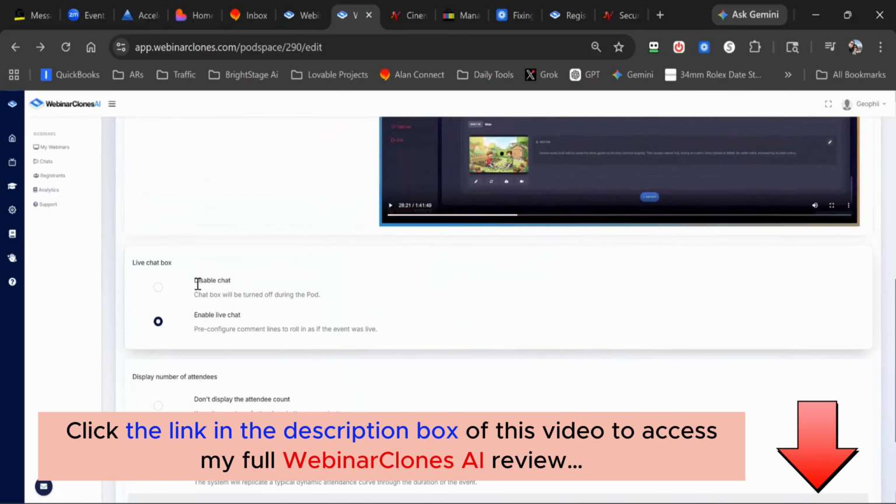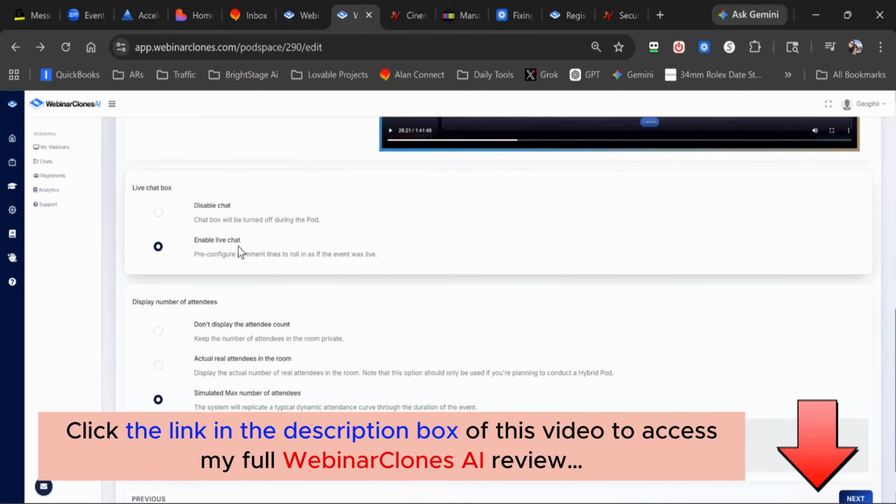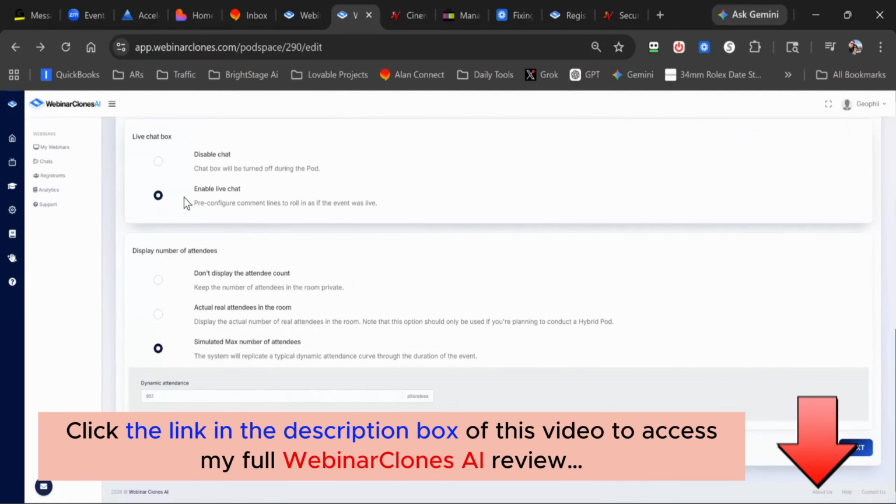Now, once we've done that, we go to whether we want to disable the chat or enable. I always keep it enabled because, why not? Who would want a dead webinar event? Then you can do simulated or actual real attendees in the room, or don't display the attendee count. So what this is, if you want to make it look like there's